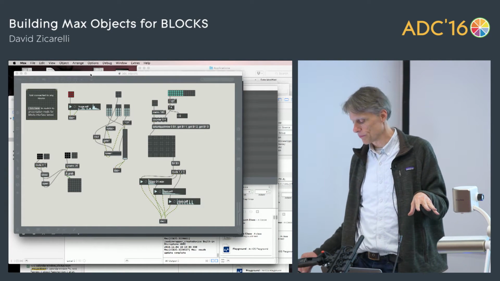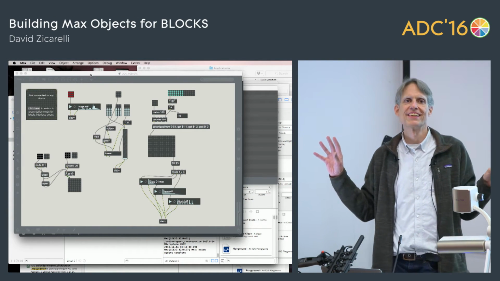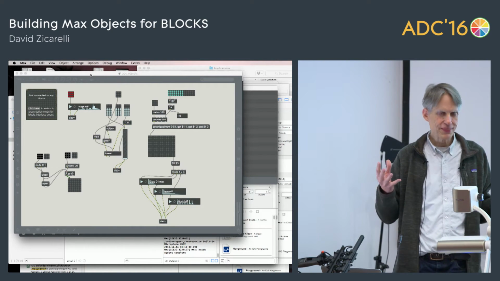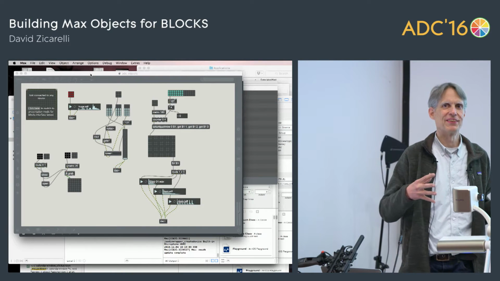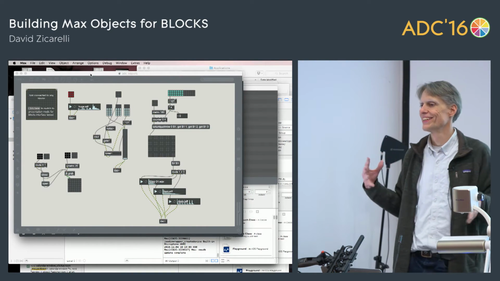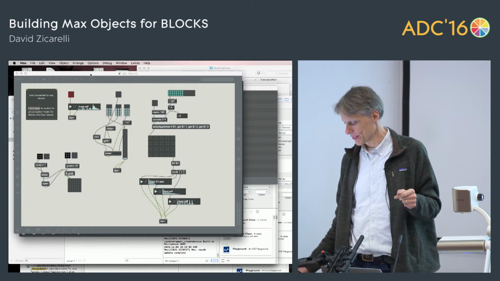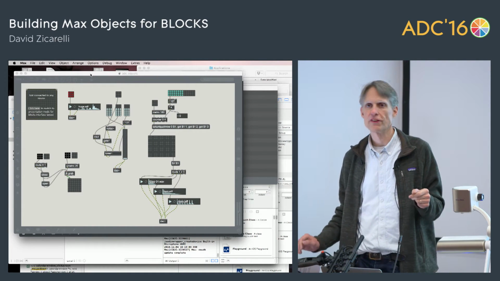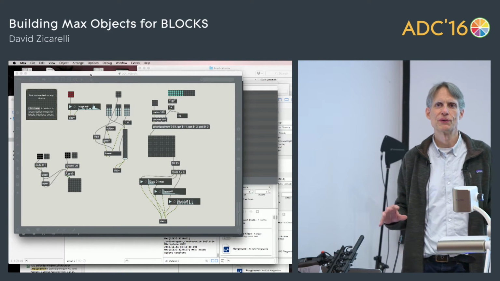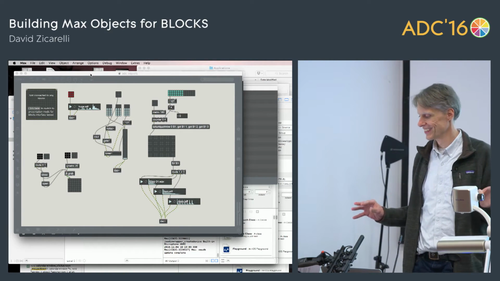So I wrote this whole thing, and then JB sent me a firmware update. I was really excited because there were all these improvements in the firmware, so everything was going to work faster. So I downloaded the firmware into the thing, and nothing works.